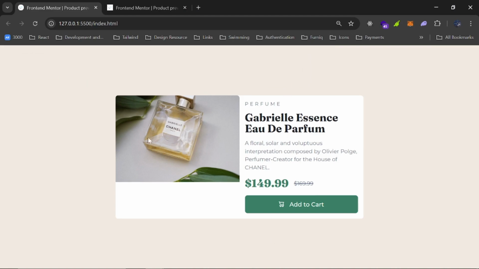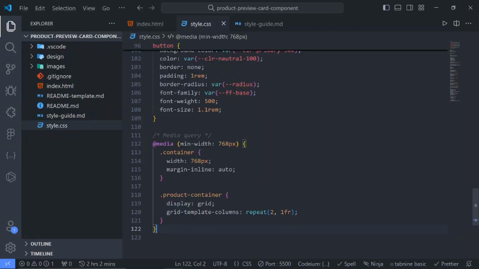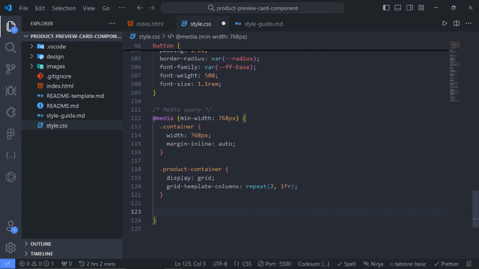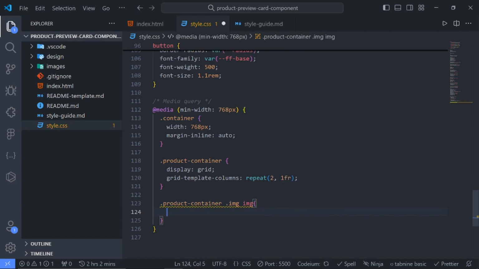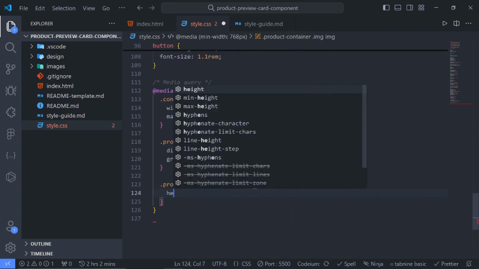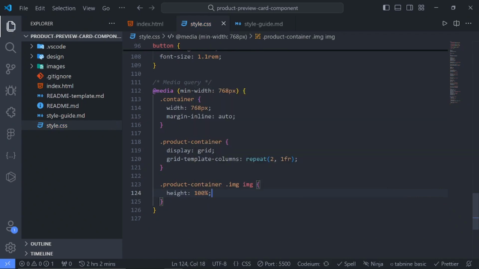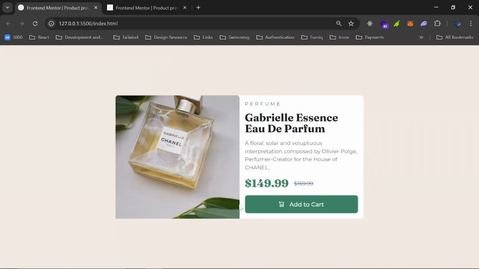So the image is not that better yet, but before we change it, let's just stretch it out. So we'll grab the product, grab the image and the image tag, and let's set the height to 100%. Okay, set the object fit to cover. All right,